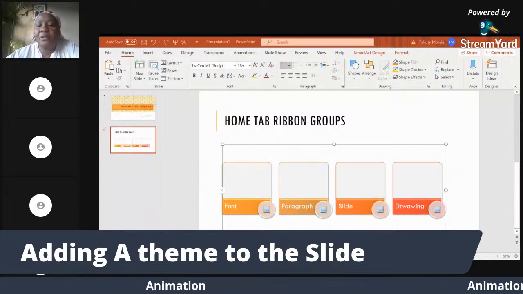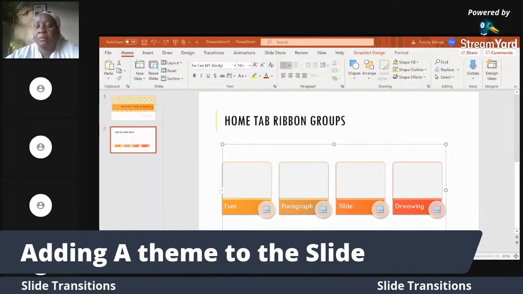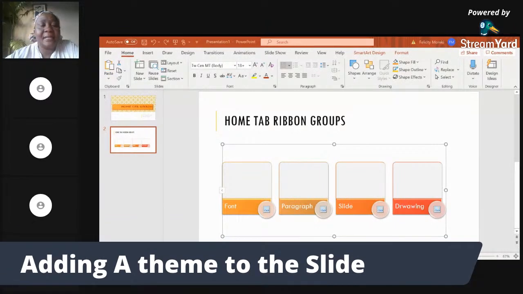Animation. We must be able to add animation. We must also be able to apply the slide transition. Okay. So now,